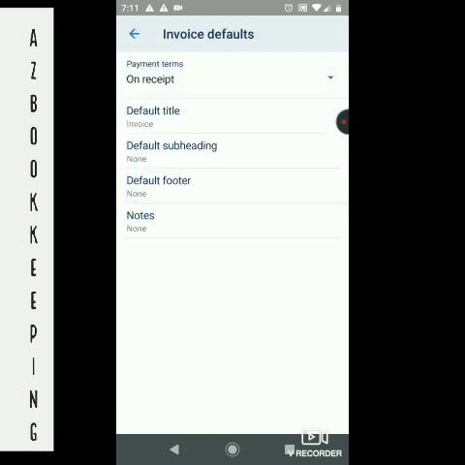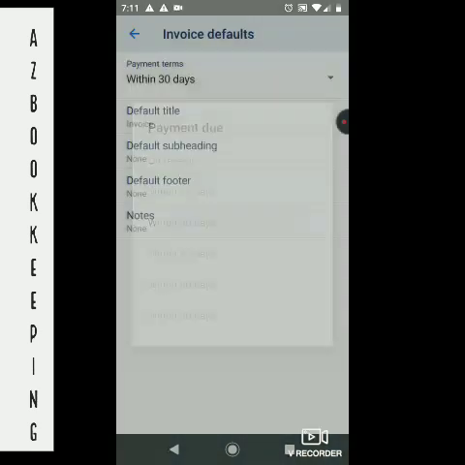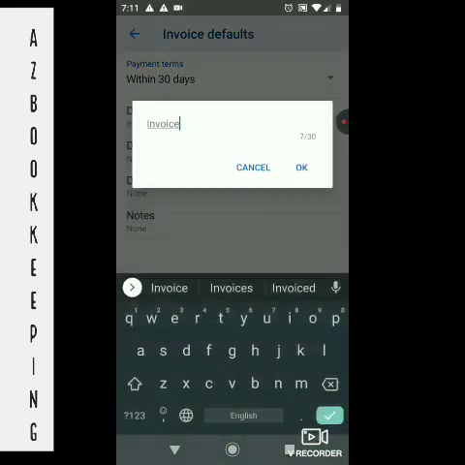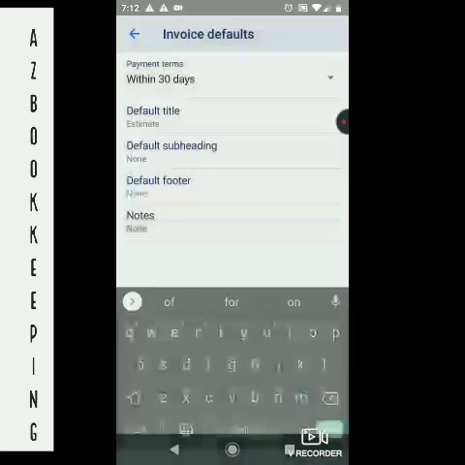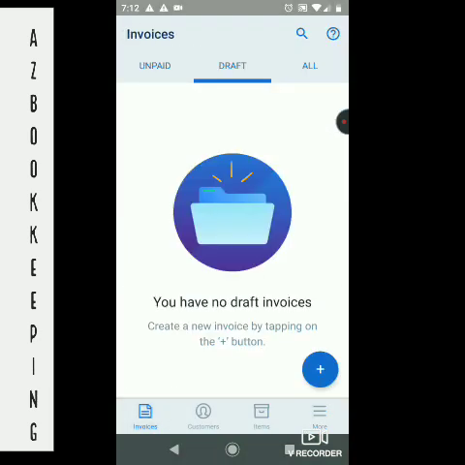Here's where you would change the invoice defaults. Let's say all of your customers are starting out with not 30 days, so you will change that. You will probably want to leave the title as invoice here, unless you are creating estimates. So what you could do is type over this, and then once you go back and create something,